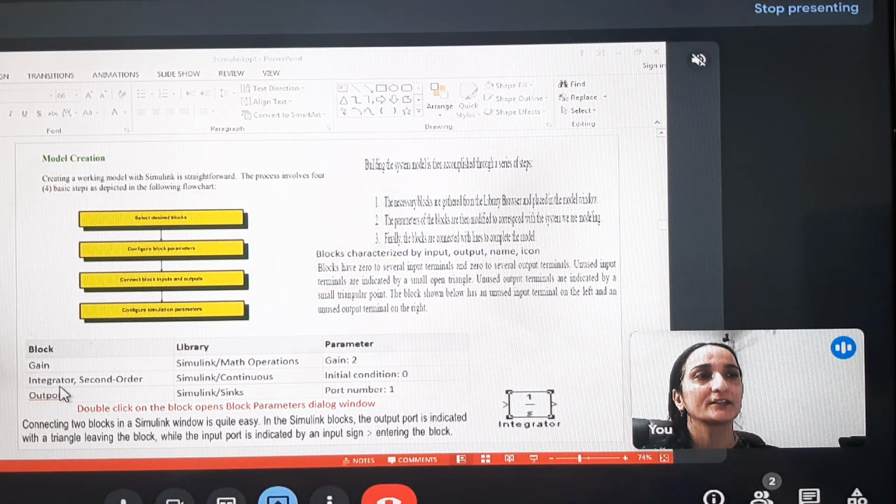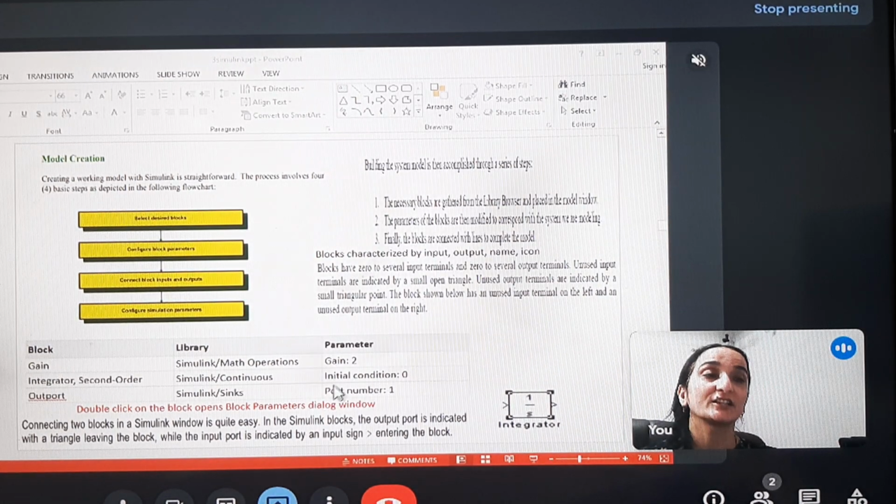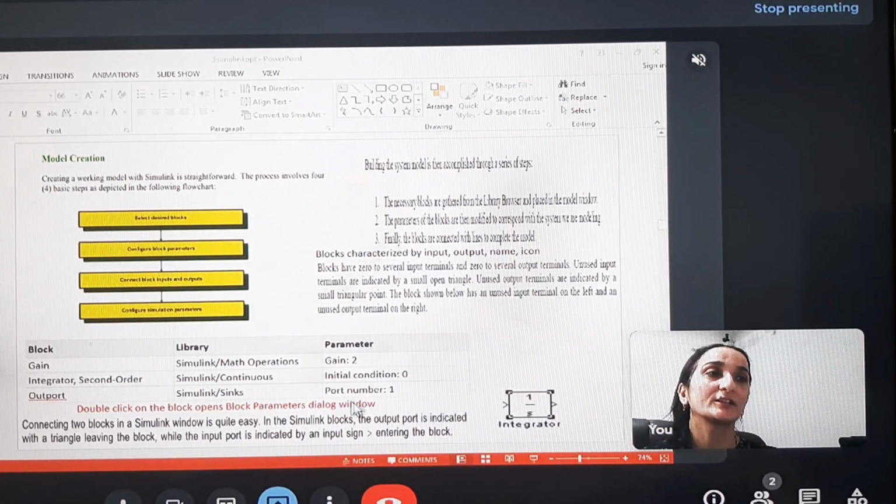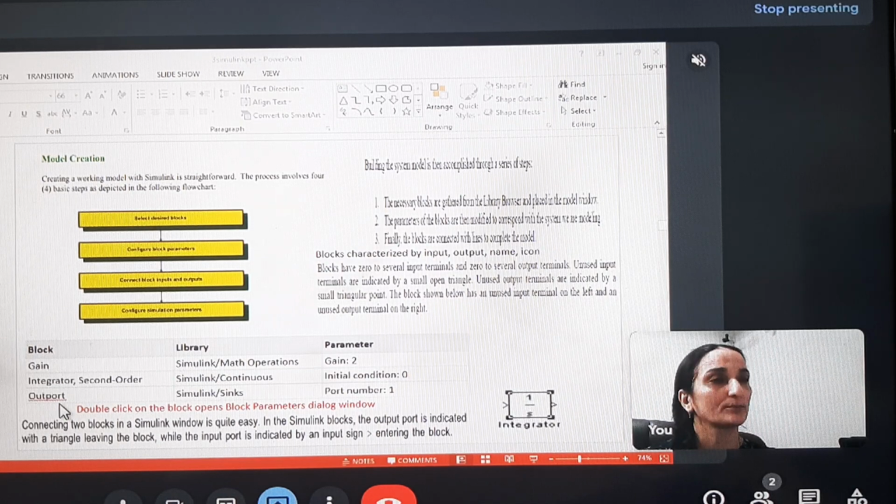Okay, integrator block, its parameter is initial condition. We have to set the initial condition parameter for integrator block. Output block, we have to set the port number parameter for this block. Now,